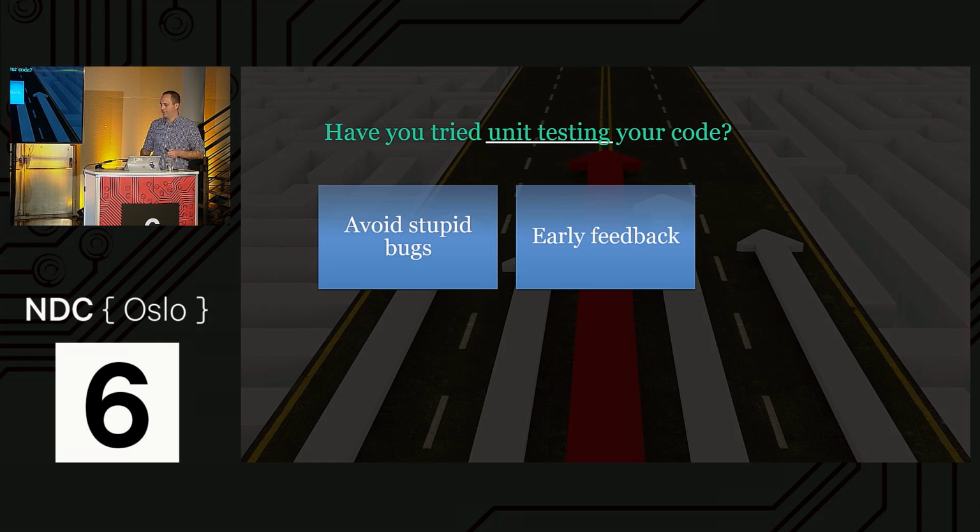When I was beginning my C++ journey more than 10 years ago, I would write my code, submit it for testing, throw it over the fence, go home, and the poor tester will run my code, and it will crash immediately. It will throw it back at me. And with unit tests, I don't need to do that anymore. I get that early feedback. I know that I wrote the code the right way. I know that my code does not crash when executed in the most trivial way.